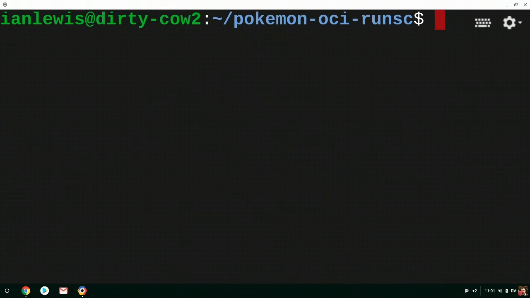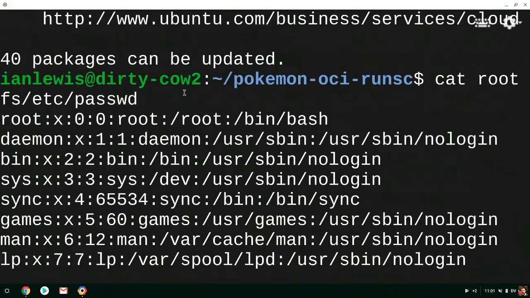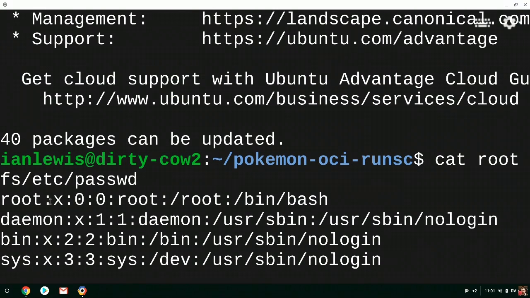Let's do this, right, and then we say root file system, exec password. So we look up here, we can see that we haven't actually been able to write this. And by nature of this particular attack, the attack will just continue to run and try to take advantage of the kernel. And as long as it's not able to, it's just not able to write to the file.